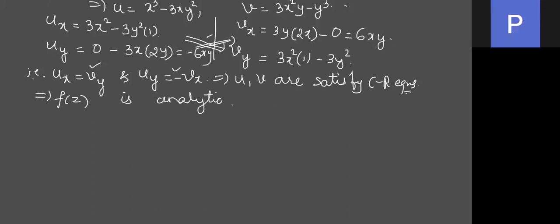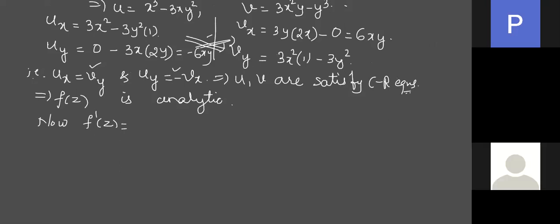The next part is very simple. What expression do we have to take? ux plus ivx, or rather ux minus ivx. I told you one way of remembering it: we have f of z is u plus iv, and if you put a dash on x, it is an easy way to remember the expression, so there won't be any mistakes.